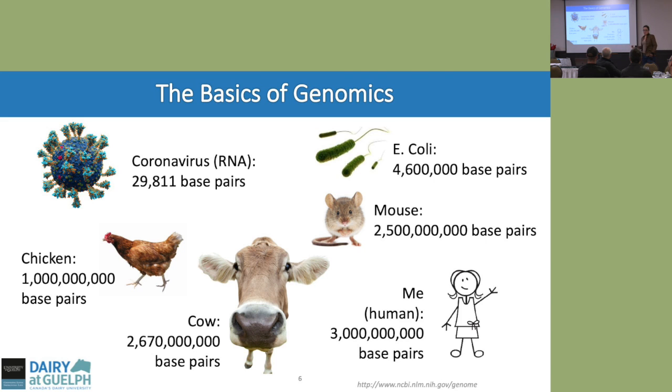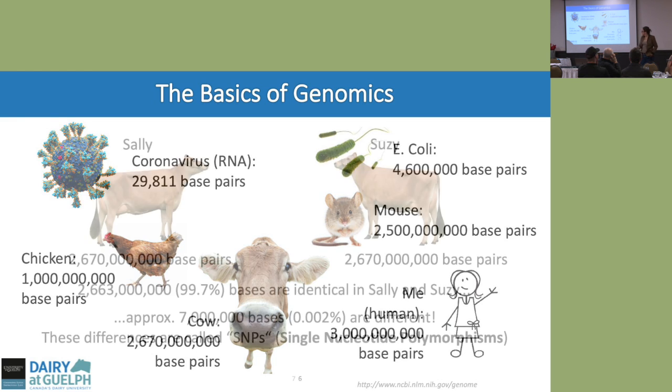I can't draw very well, but this is supposed to be me. It's maybe no surprise to some of you that I have about the same amount of DNA as a cow. Some might be surprised about that, some might not. But in case anybody is wondering, humans have a little bit more DNA than cows do. And that's pretty surprising for some people. For some people, it explains a lot. So now you guys know all about genomics, right?